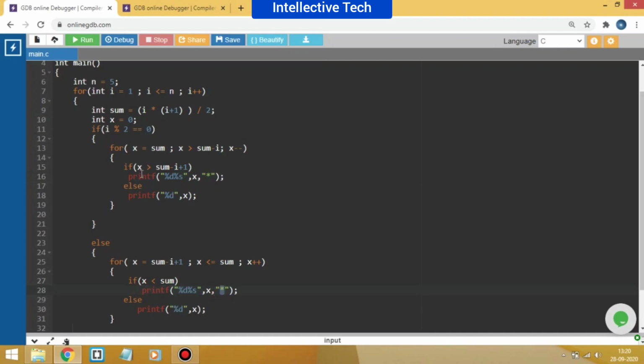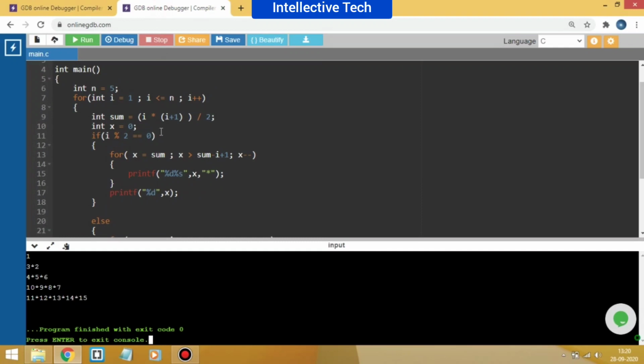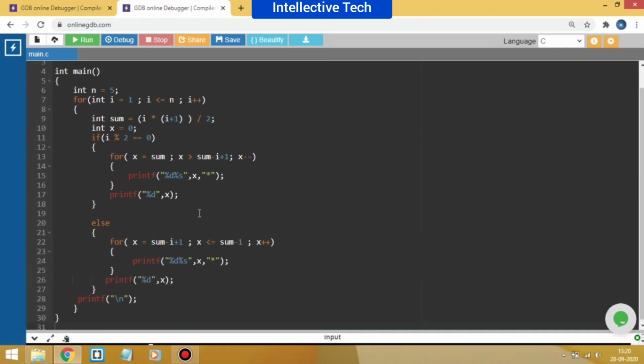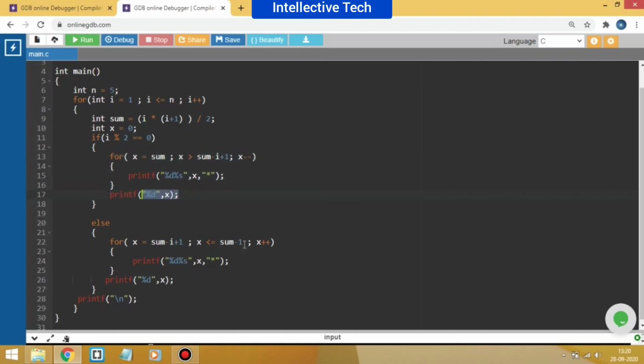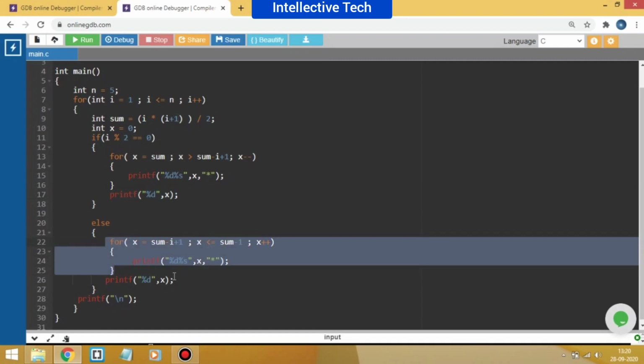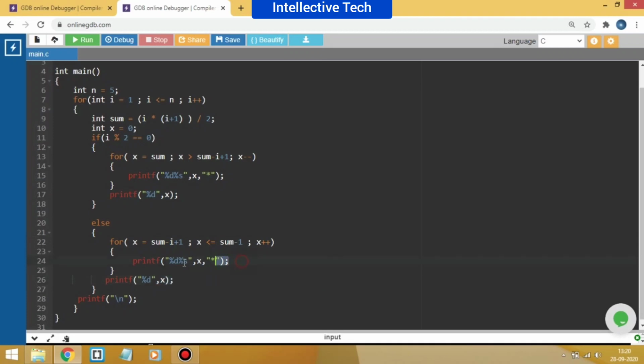This is quite lengthy, so let me show you another version of this code. You can do this also to print the same pattern. You have to iterate the loop one time less, and after exiting from this loop you can simply print x. In this loop also you iterate one time less, and after exiting you can simply print x, and inside the loop you can print x star. Okay, I hope you guys understood this.